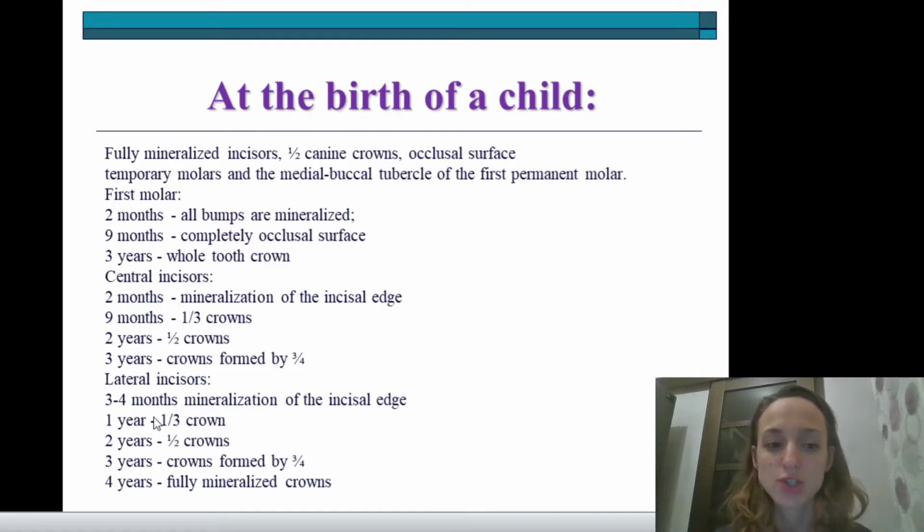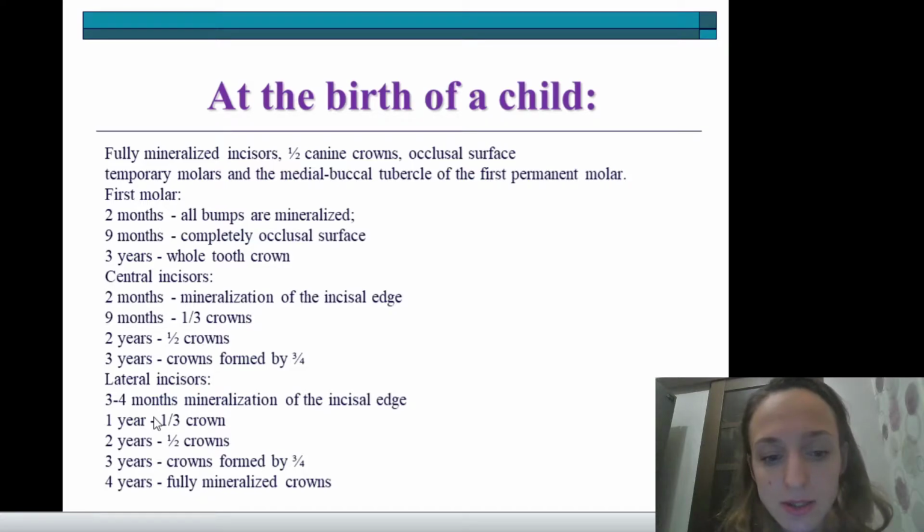At the birth of a child, the following are mineralized: incisors, 1.5 canine crowns, the occlusal surface of temporary molars, and the medial buccal tubercle of the first permanent molar. First molar: at 2 months all bumps are mineralized, at 9 months the occlusal surface is complete, at 3 years the whole tooth crown. For the central incisors, at 2 months mineralization of the incisal edge,